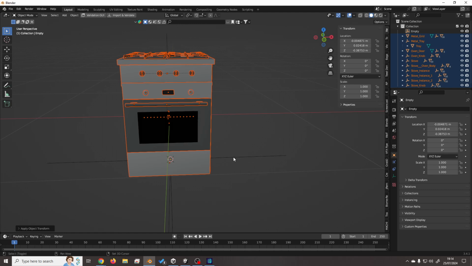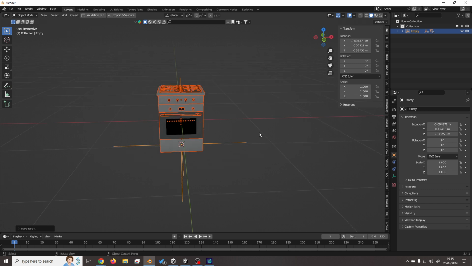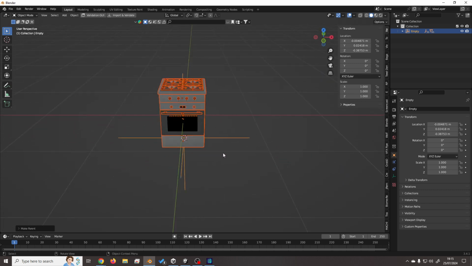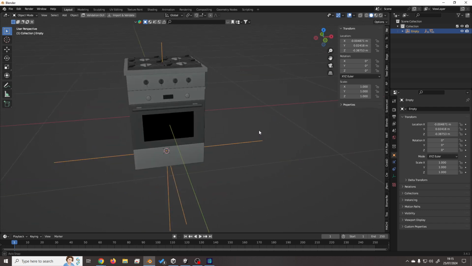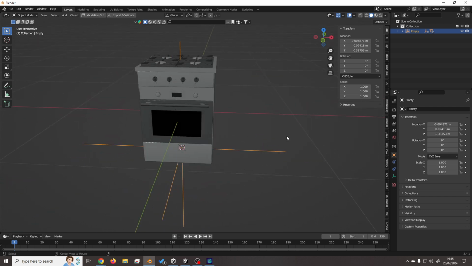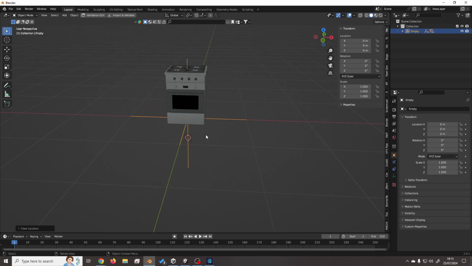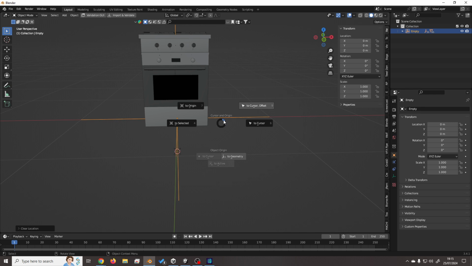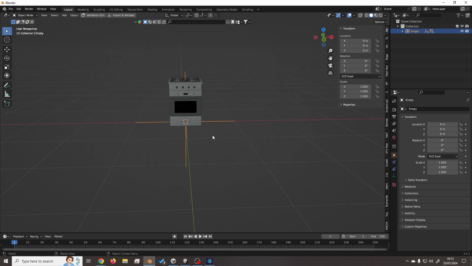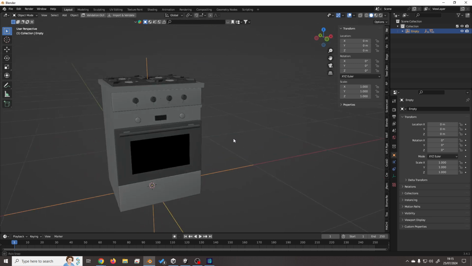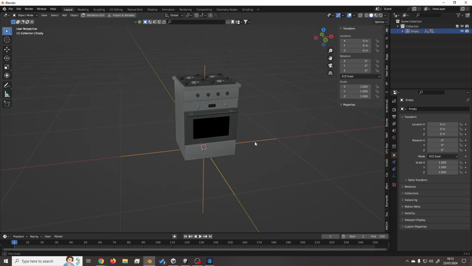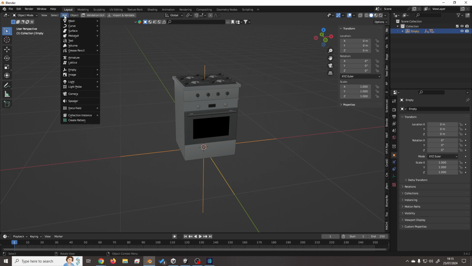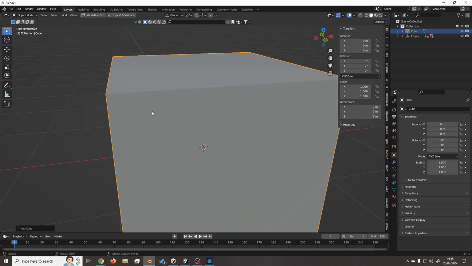I don't know if that's applied the scale to everything. Let's give it a try. There we go. Right, so that's now parented to this empty, so hopefully if I press Alt and G, there we go, it's put the cooker now, oven now on the floor where it should be. So I'm now going to put the cursor back to the world origin because I like things to be just right. So what I'll now do is I'll add in a cube,